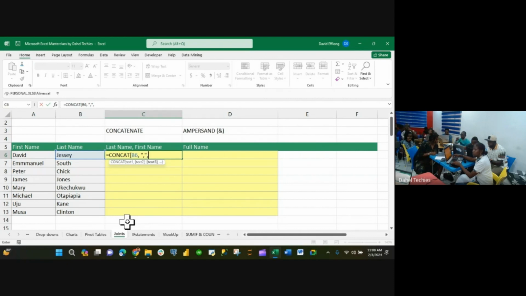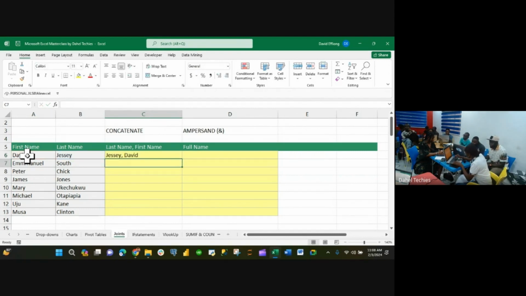So, comma, what else? Double quote again. Then the space, double quotes, and what is next? Comma. And then finally, double close brackets, and then you hit enter. Is it clear? Yes.